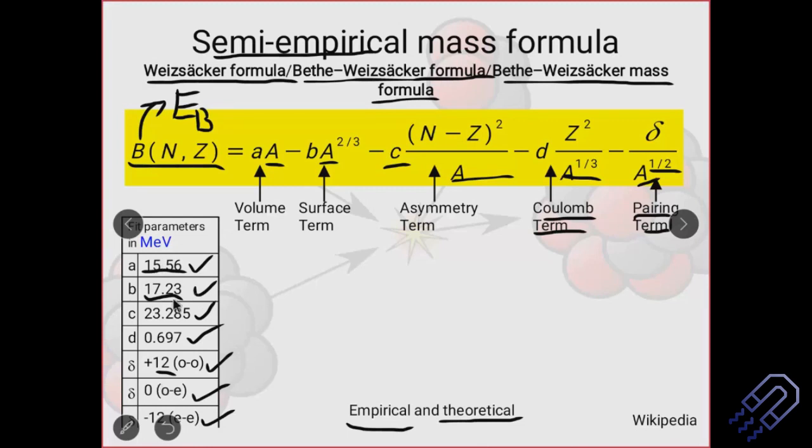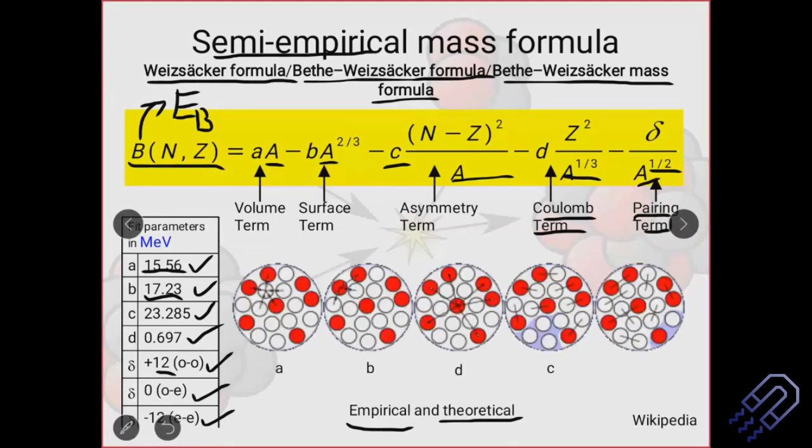Apart from that, you put in the values. If you put 15.5 in place of 15.56, 17 in place of 17.23, 23 in place of 23.285, you are going to get more or less near the answer, whichever are the options. So you're never going to fumble with that, okay? Please remember this whole thing, you don't need to remember up to the 3rd or 4th decimal place. No, okay? पाई का value remember करने के लिए competition नहीं है यहाँ पे. Just have to remember this. This is important, okay? During my MSc days also I tried to remember this, okay? So just try to understand this here, okay?